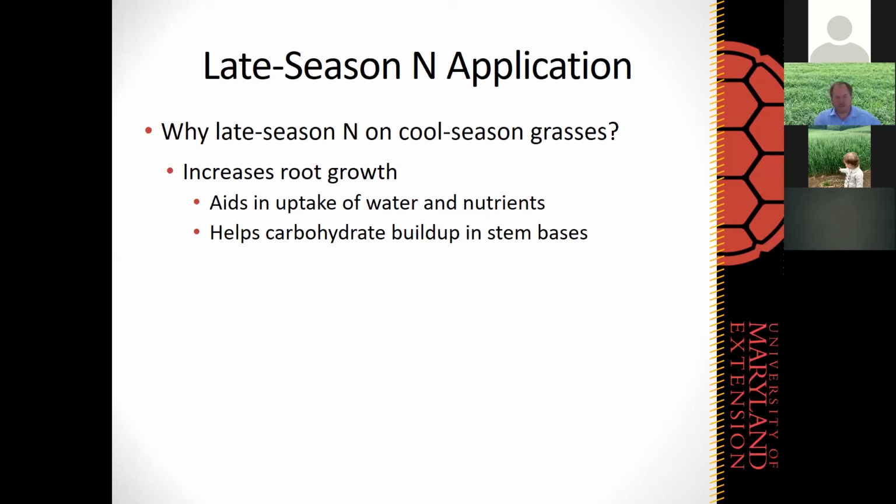But when we're talking about a perennial crop, that's typically true for an annual crop, but most of our forage crops, our cool season grasses, are perennial crops, and while they might not have a lot of vegetative top growth during the winter, those root systems are still active and are still taking up nutrients. And so in the turf industry, they've been doing this for a long time, and now we're starting to adopt it in the forage industry. So it can aid in the uptake of water and other nutrients, and also can help with carbohydrate buildup